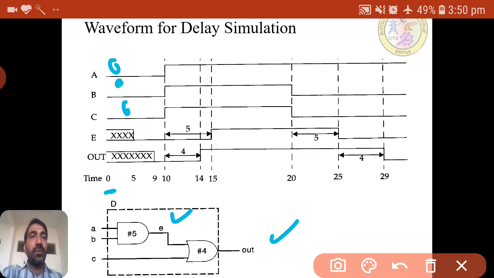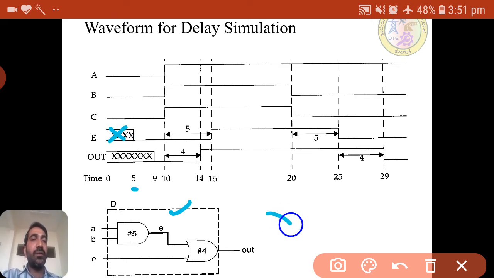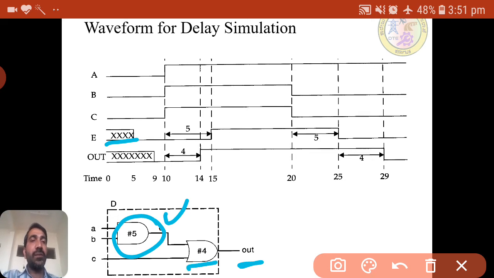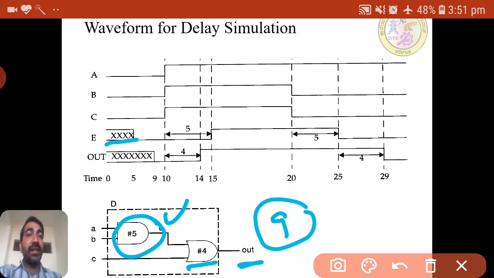As we know, the AND gate output E will be available only after 5 nanoseconds, and until then it will be X, that is unknown. So until 5 nanoseconds E will be unknown. But what about out? The total delay is 5 plus 4, up to 9.